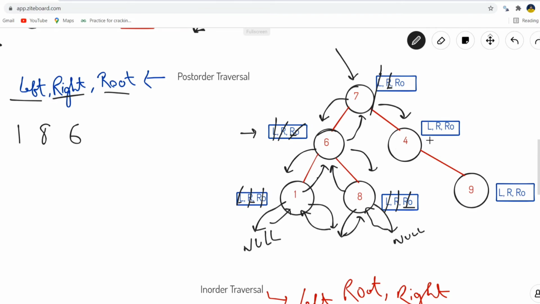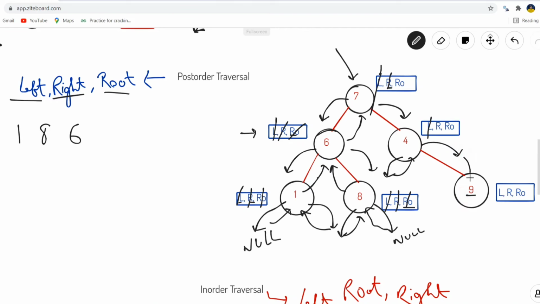So in this we need to perform the first operation, that is left. So we'll be moving in left direction first. So again we have encountered a null value. So we need to return back to the caller. So the caller is node 4 itself. Now we need to move in the right direction. So in the right direction there is a new node having value 9.